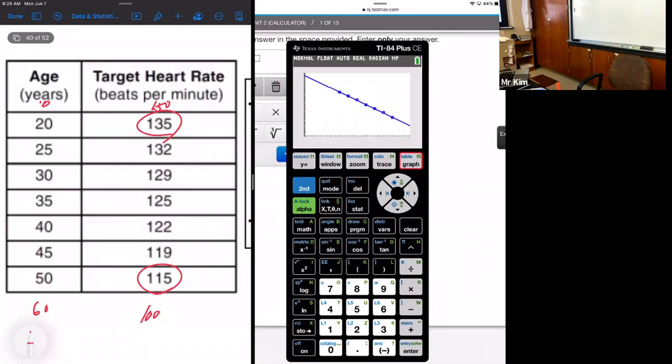Alright, so let's go to the Windows settings. You go to Window, and you see how all of these are not visible, so you go back to settings, and that's your X. You want to set up your Window so that X contains 20 to 50. There you go. See, that's what you want to see right there. So think of two number intervals that are good and contain all of these numbers. So 20 to 50, that's good.